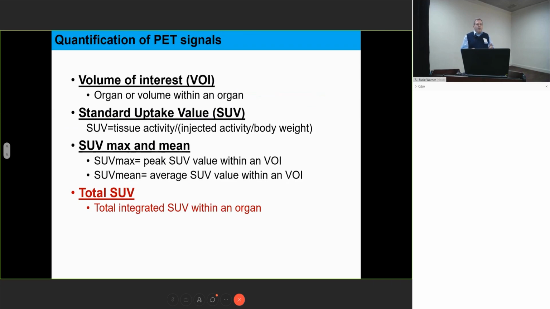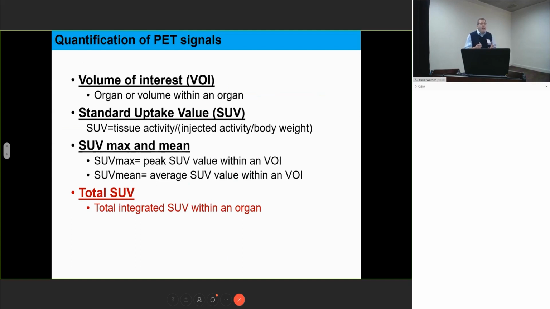So I just want to briefly talk about quantification. This is, I think, an important issue in the field. We usually identify volumes of interest within an image. And again, this is 3-dimensional imaging by PET-CT. You have to identify the volume. And then the